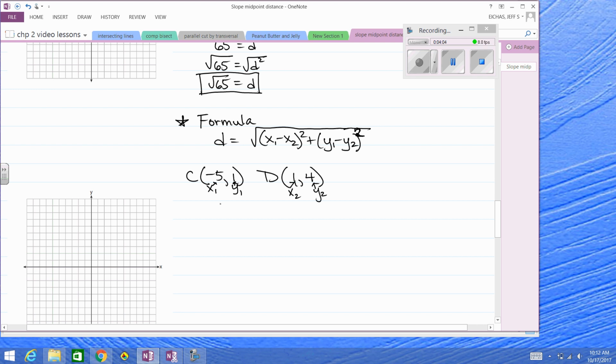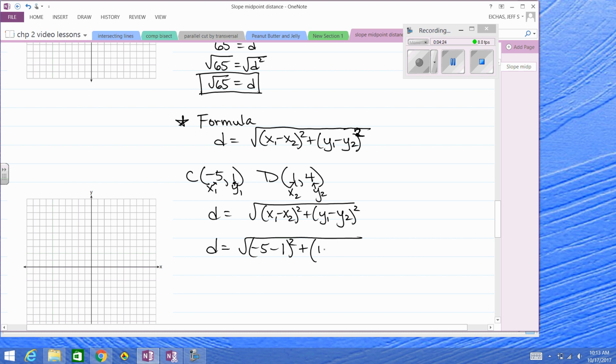Now we write this crazy formula, okay, which I'll show you is not necessary in a minute, but we could write this crazy formula, sub in, okay, I'm going to sub in negative 5, take away 1 squared, plus 1 take away 4 squared,